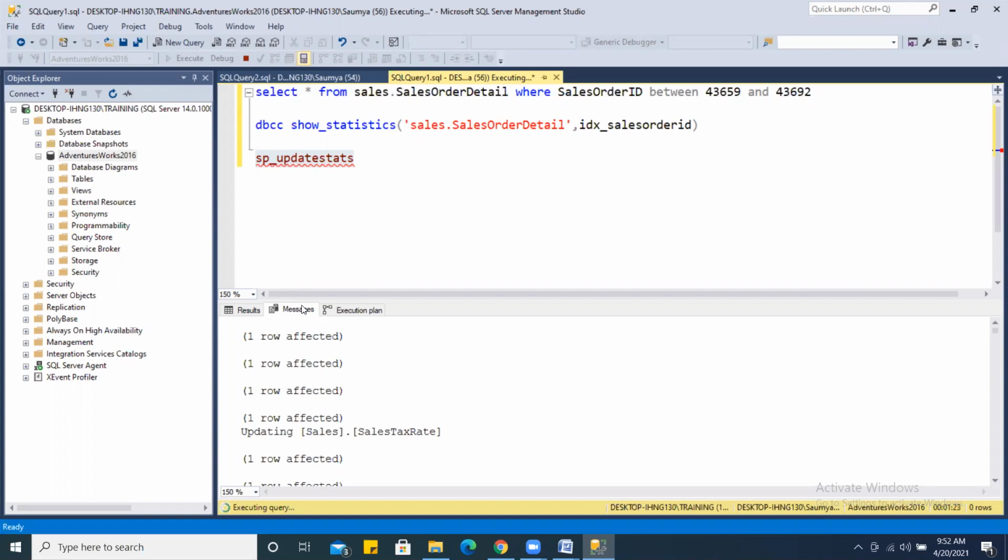So in that case, we identify large tables, and especially for the statistics that have been generated against the cluster index of the large tables, we update those statistics manually.